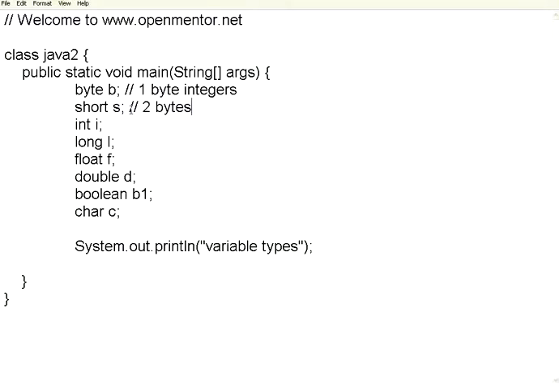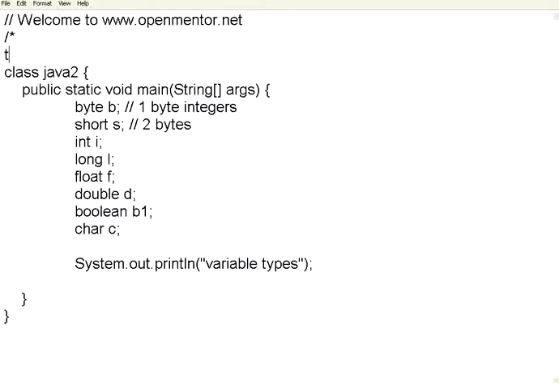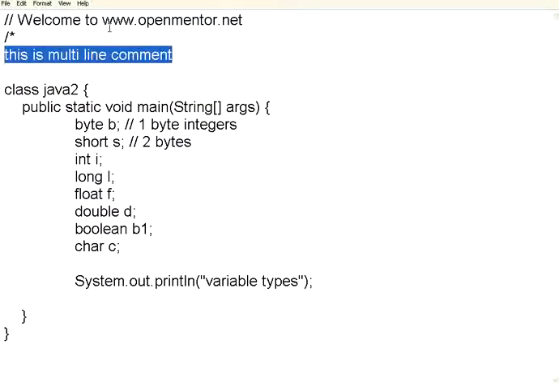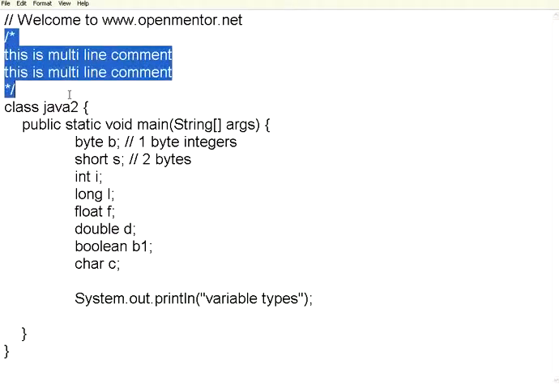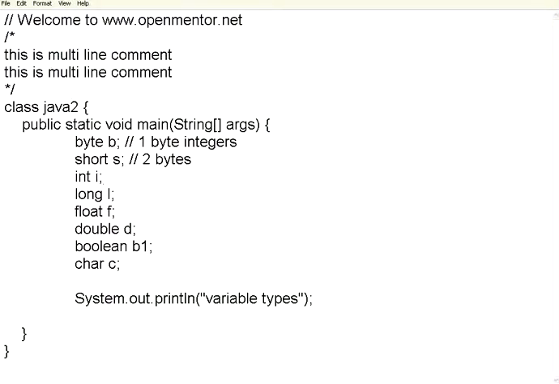By the way, commenting in Java, if you want to have a single line or inline comment, this is // anything subsequent to this till the rest of the line, it is treated as a single line comment. If you want to have a multiple line comment, this is a multi-line comment. You can have /* */. So in Java, you can have single line inline comments as well as multi-line comments, pretty much like this.